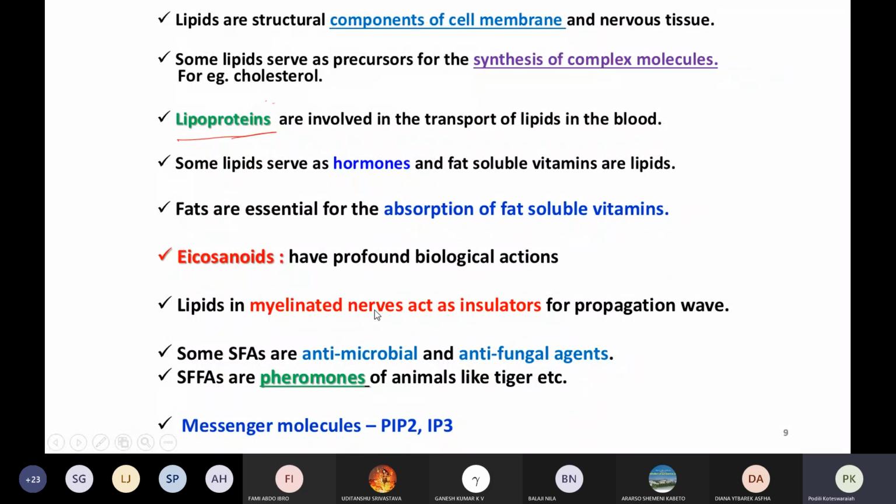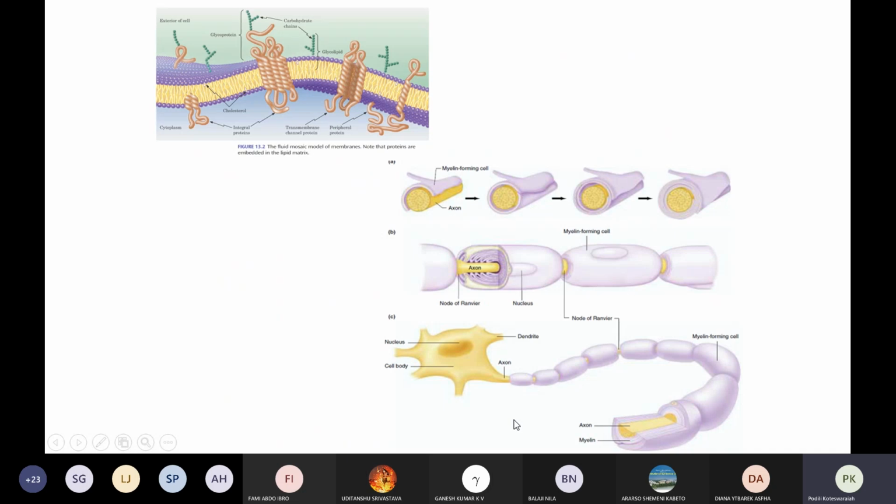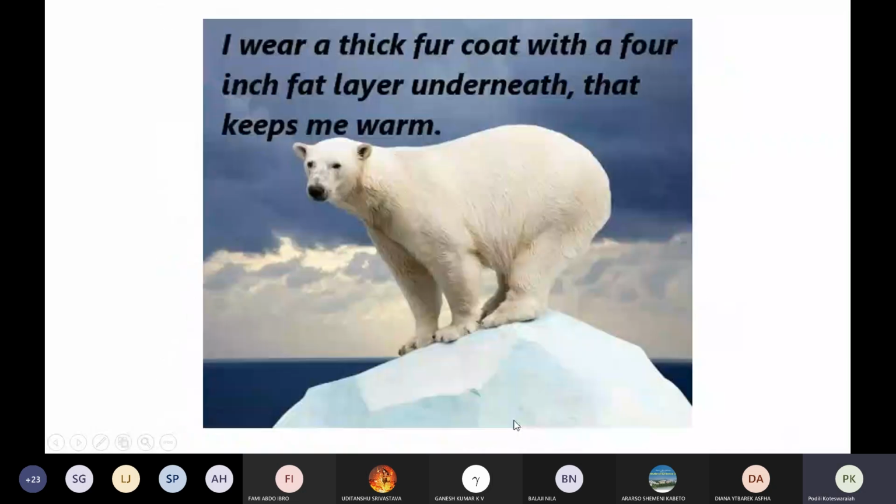And some saturated fatty acids have antimicrobial and antifungal mechanism, and that means some saturated fatty acids are antimicrobial antifungal agents, and some saturated free fatty acids are pheromones, like they are the sex attracting substances in animals like a tiger. And finally, some lipids or lipid derivatives are also involved in the signal transduction pathways, mainly the phosphatidylinositol diphosphate and phosphatidylinositol triphosphate, and so on. So these are the major functions of the lipids in the